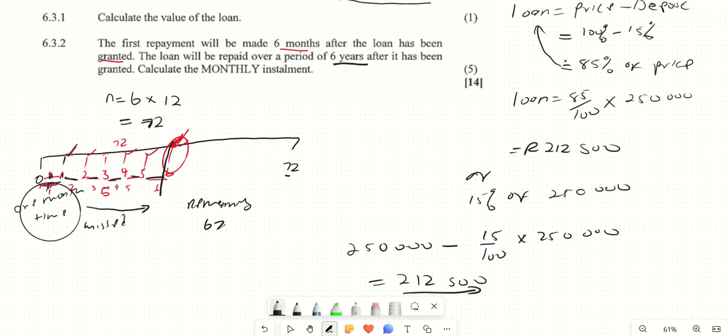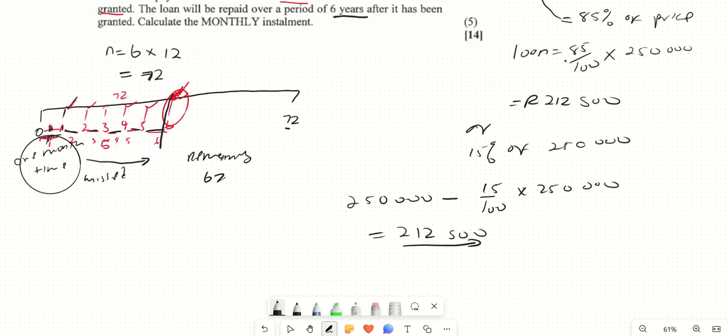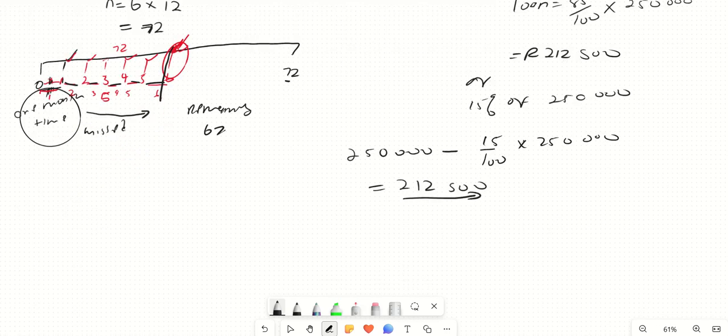Now in this case, if 5 are missed, what happens if the loan is not paid in 5 months? Then the loan will earn interest. I'm talking about what's going to happen within this 5 months. Within that 5 months, the loan will earn interest. So we're going to have our new loan. I will write this formula as it's a new loan. It is equal to the old loan